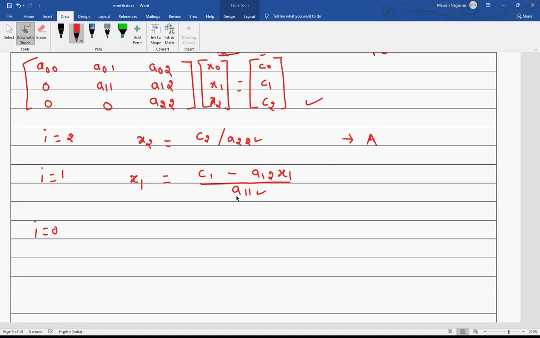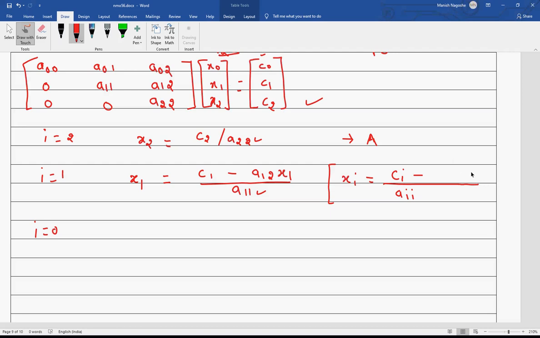So from this I would like to make a conclusion that this will be xi is equal to ci minus. What we are going to subtract, we will see later on. And in the denominator I will always have the diagonal element aii. So that's one. This is very clear.